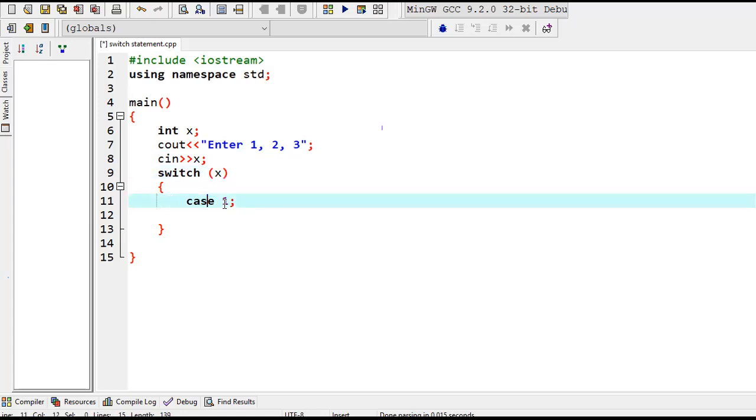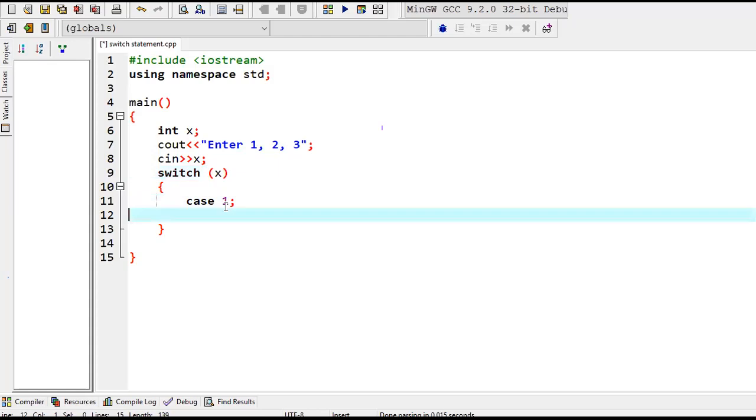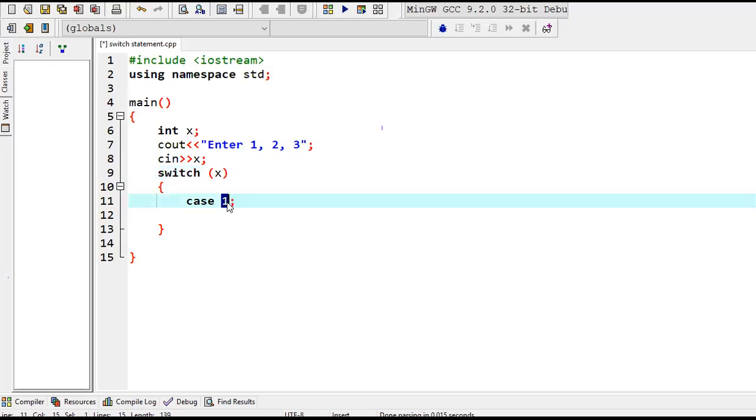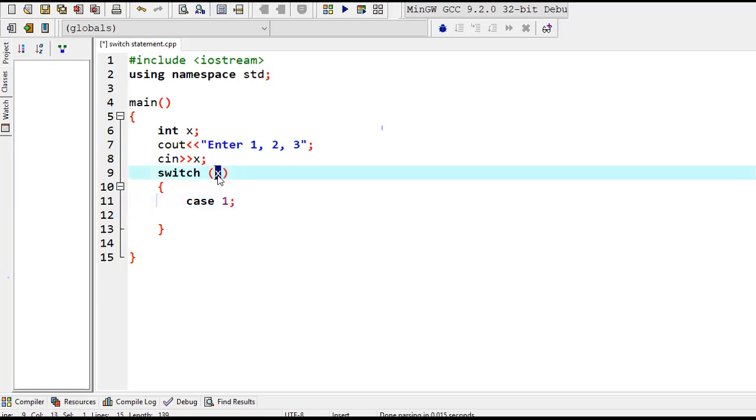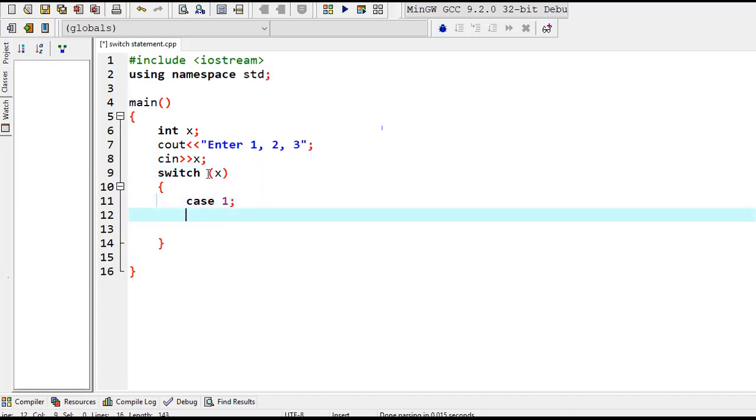In case one, we have written 1. So this one will be matched, checked with this expression. This one digit has to be checked with this expression, variable x. So if x equals 1, tell the user